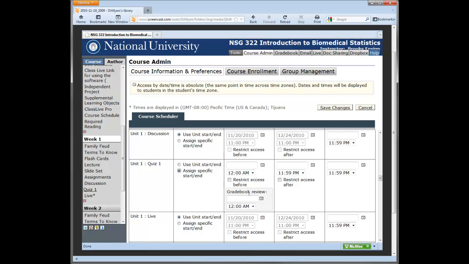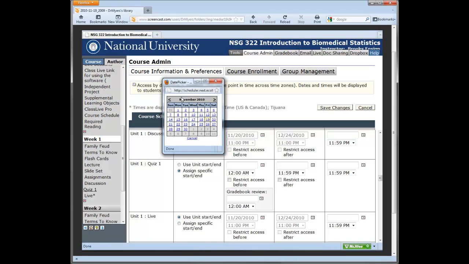And now I have to change all the dates over here. All of these boxes have to be modified and then saved in order for this to work. If you don't do that, eCollege will give you an error. So the first one, we're going to give the access time. Click on the little date icon, you get the little scheduler, and we're going to make this quiz start on